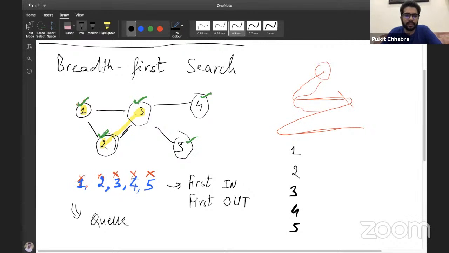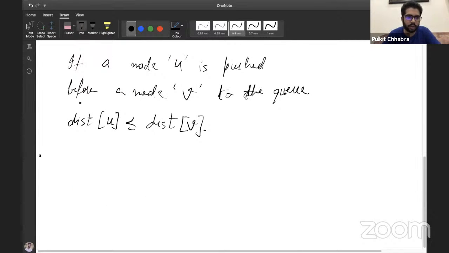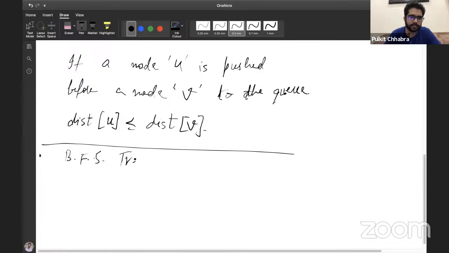So we can also draw a tree out of this BFS algorithm, wherein each node's parent will be that node through which it is being pushed to the queue. So if I draw the BFS tree for this particular case, it is going to be 1, then 2 and 3, and then 4 and 5.